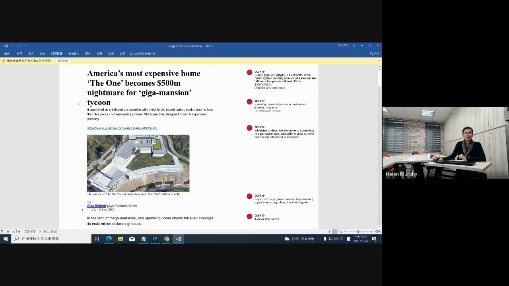Okay, so a tycoon, we can see here, is someone that is very wealthy and powerful. We need to think of the difference between tycoon and billionaire. A billionaire is someone that owns $1 billion or more than $1 billion. Similarly, a millionaire is someone who owns $1 million or more. But when we say tycoon, we are referring to someone that doesn't just have money, but also has a lot of power. For example, we might talk about someone in business or industry as being a tycoon.